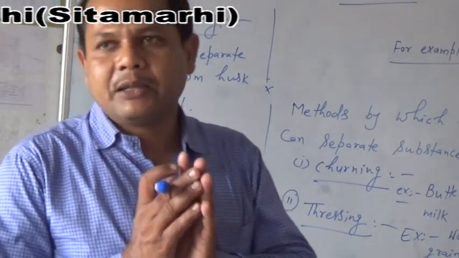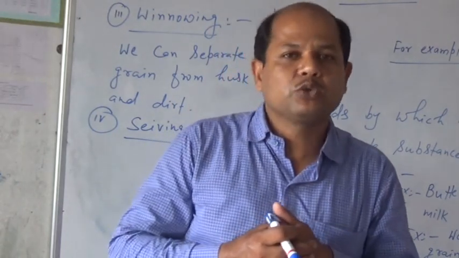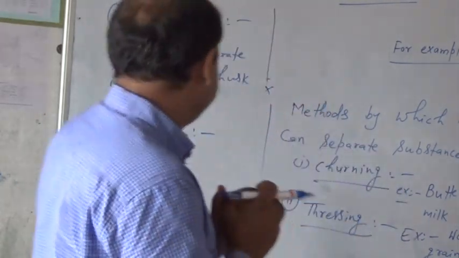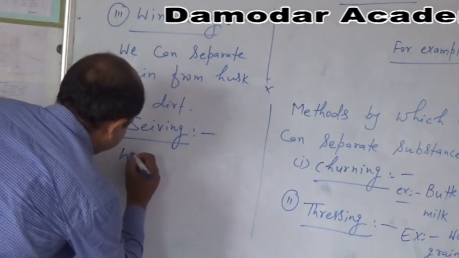Sieve को हिंदी में हम लोग छन्नी भी कह सकते हैं, या उसको तार की जाली से जो बना रहता है, उसके द्वारा हम उसको आसानी से सेपरेट कर सकते हैं। तो यहाँ पेबल्स को सैंड से हम अलग करते हैं।